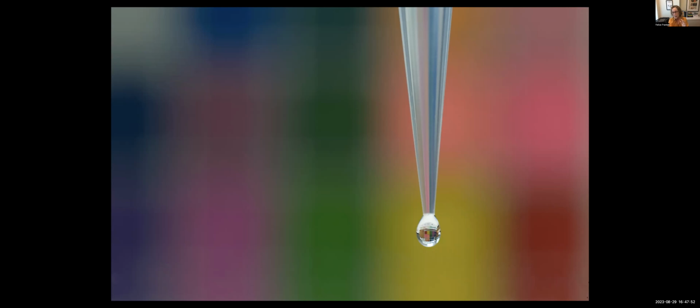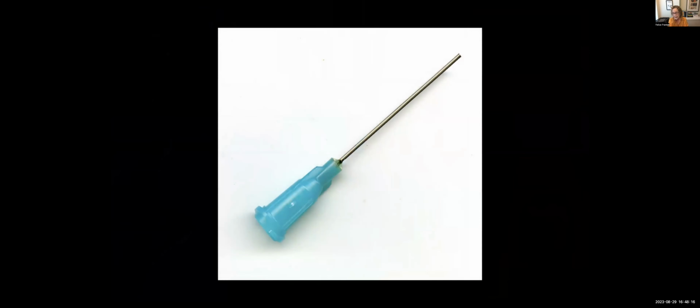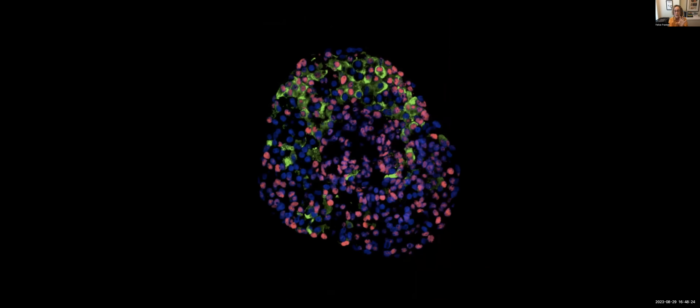By the way, if you might be interested, the water drop is acting as a lens that is getting in focus the background, which is out of focus, which of course is what I wanted it to be. But in the end, what we wanted to do was create some sort of visual to express what's going on scientifically. So I took the drop, I started elongating it. I put a syringe on a scanner. I took the syringe, inserted it into the drop. I took some of the images that the researchers were making. These are pancreatic cells that are fluorescing.